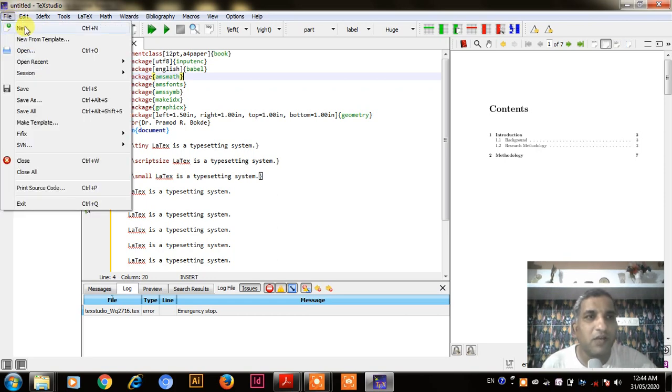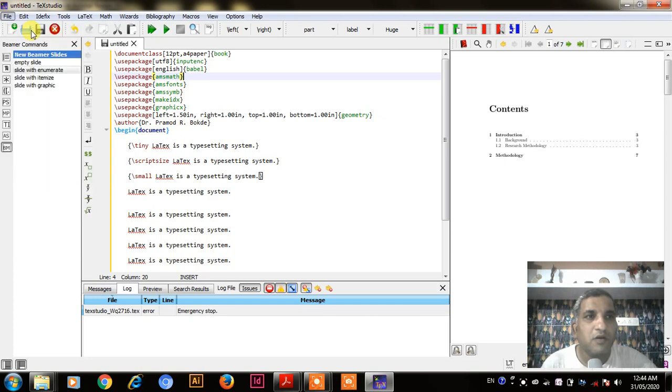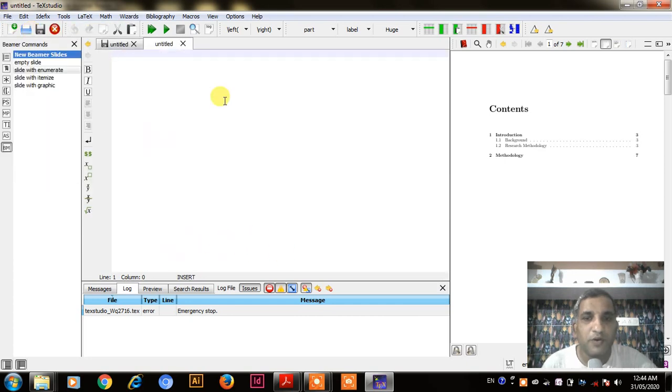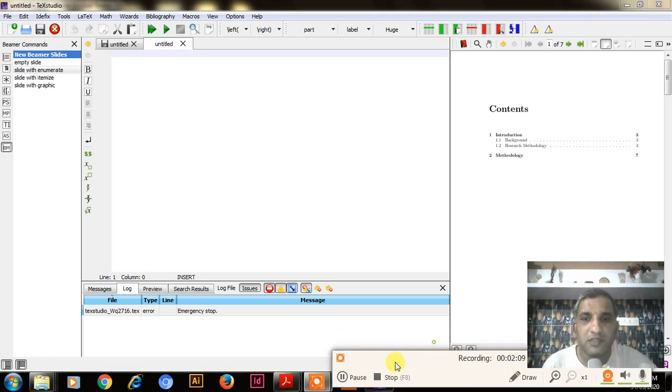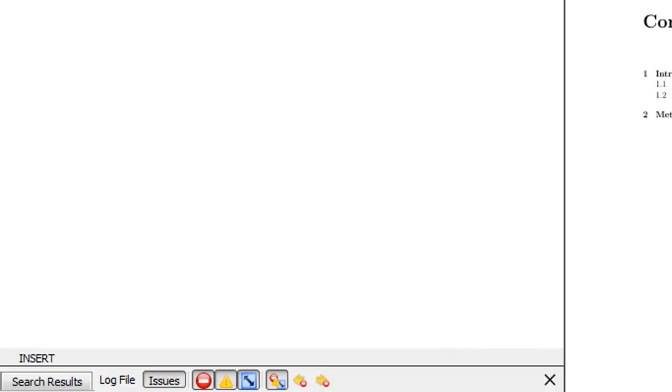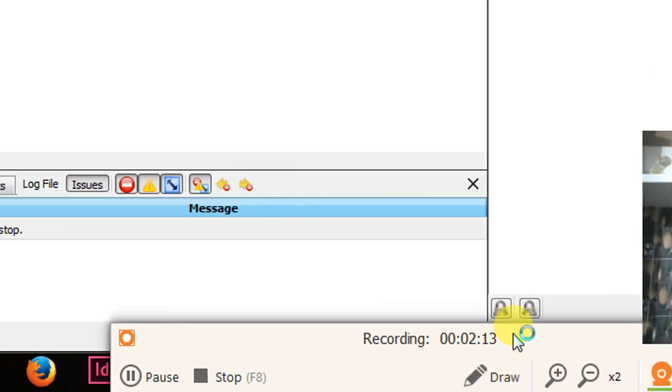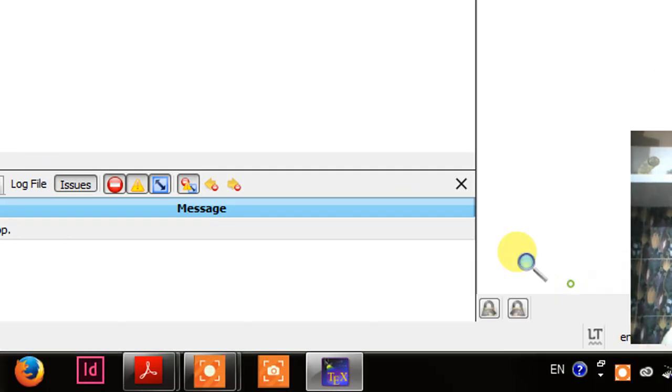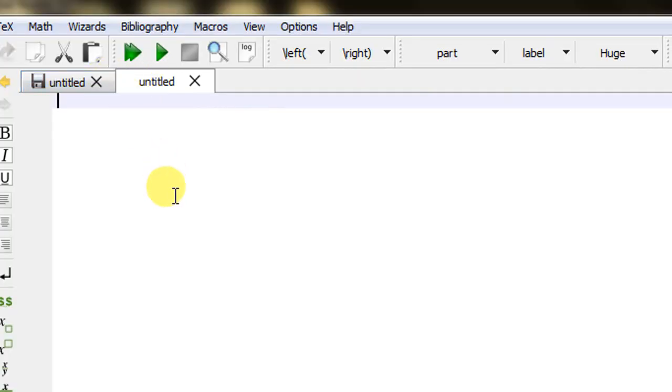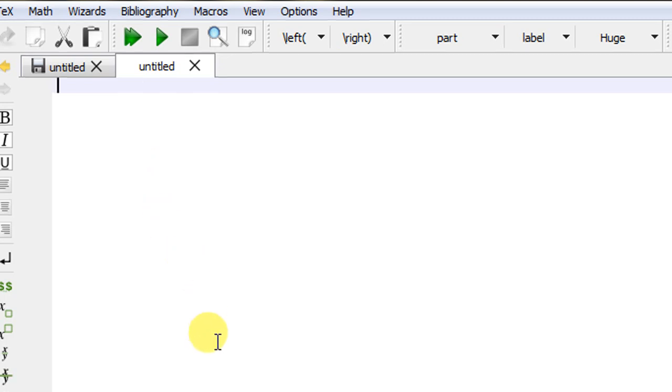I will click on new, and it is going to produce a blank file. Then let us zoom it. So this is your blank LaTeX file.